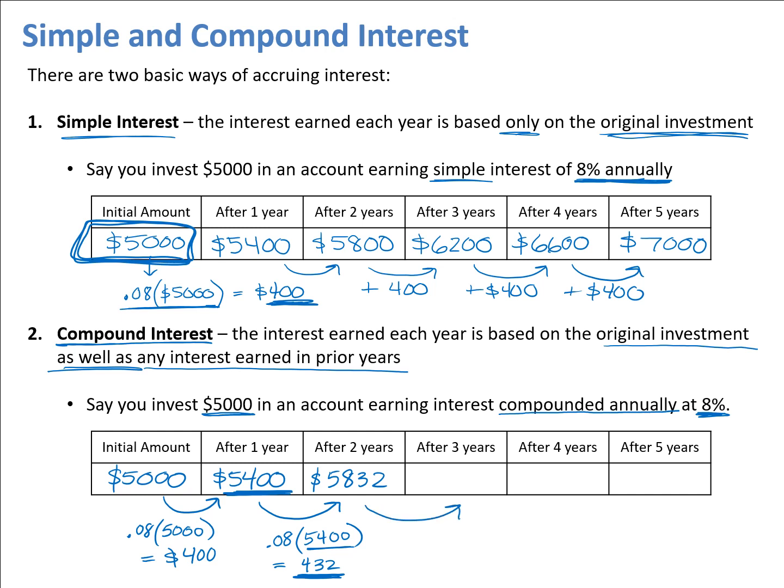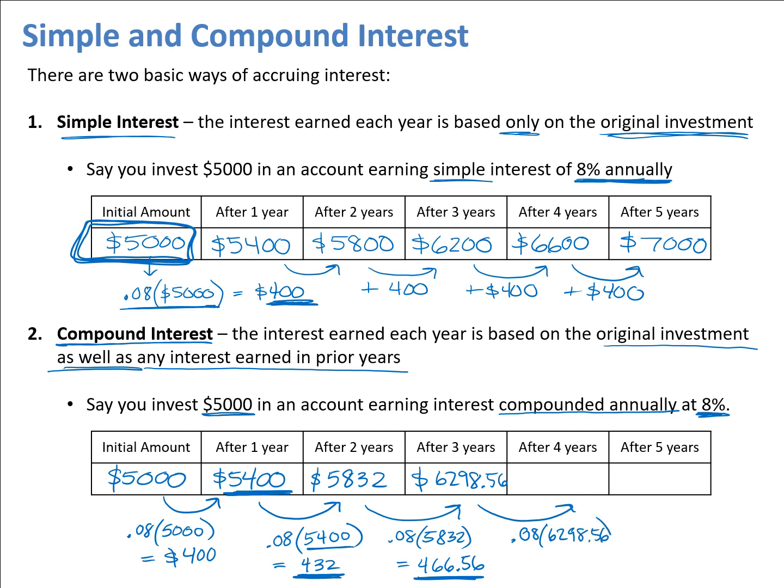And we continue this process. The next year, when we get to go through year 3, we're going to earn 8% of $5,832. That will be $466.56 now. So notice my interest has gone up because I'm earning interest on a larger amount. So I will now have, when I add that interest to how much I had previously, $6,298.56. So I continue to year 4. I'm now going to earn 8% of my new balance,